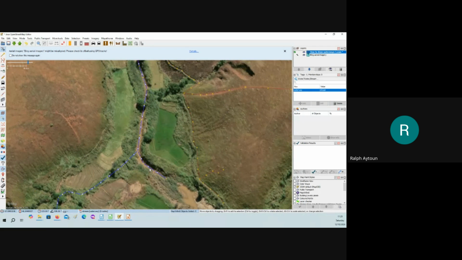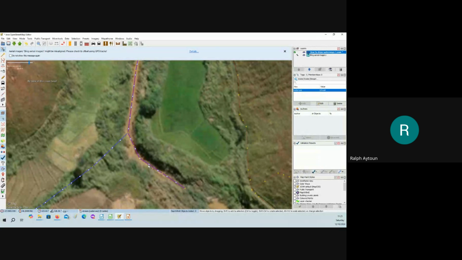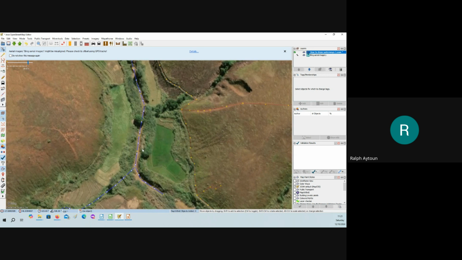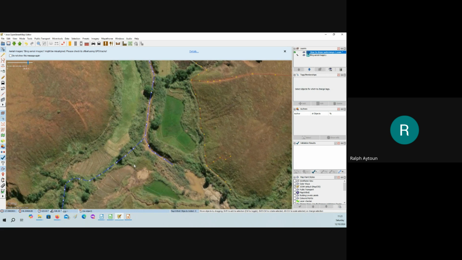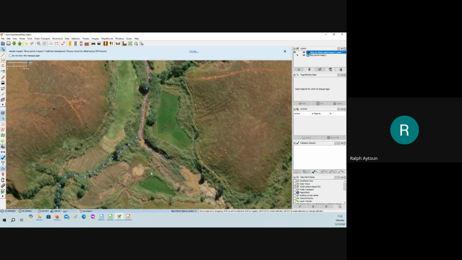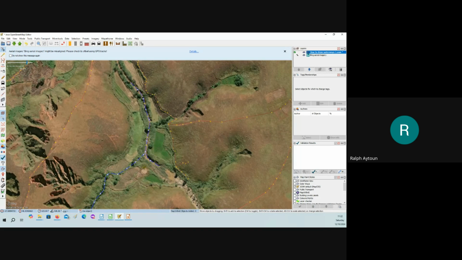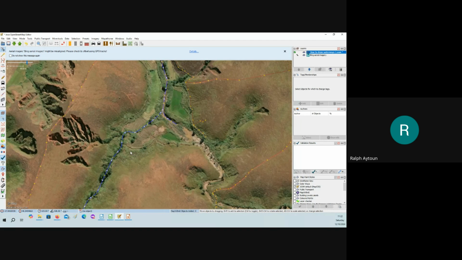Okay, now there are little arrows as you draw. You can see there are little arrows here on the line of the waterway, and that indicates direction of flow. It's important to keep those and to make sure they go in the correct direction.